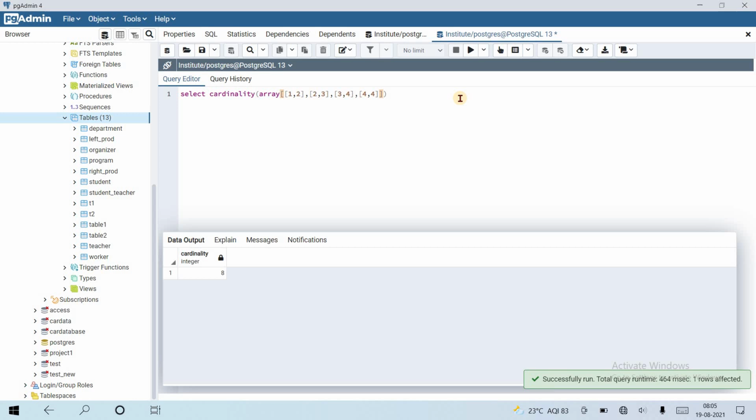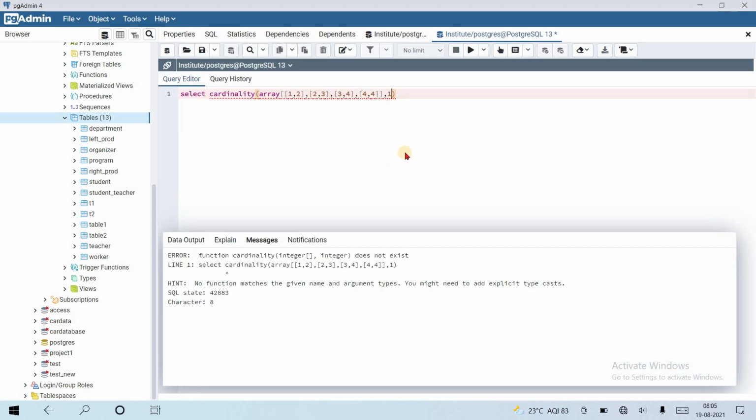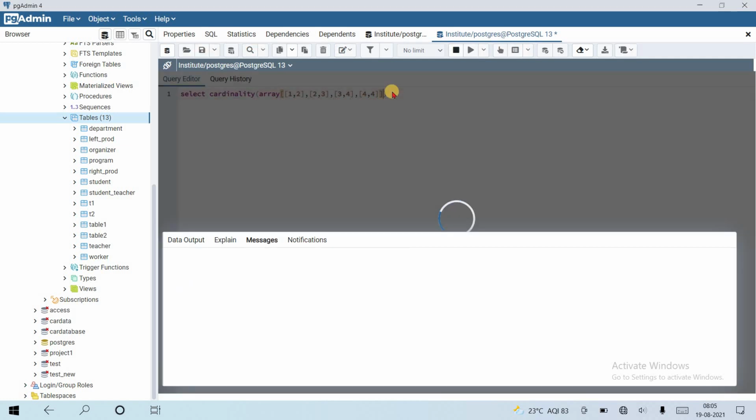If I pass an integer like 1 here, then it will return an error. Oh, function cardinality does not exist, so it does not require this last parameter.